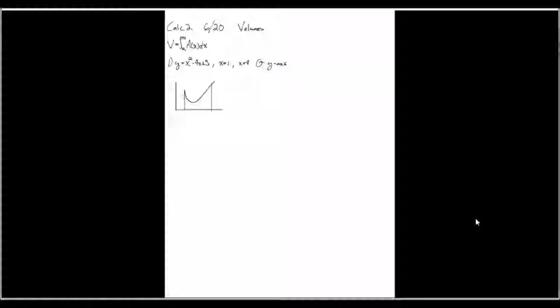And what we want to do is find this shape rotated around the x-axis. I'm sorry. So up here I wrote the y-axis, but it's actually going to be the x-axis. So that means that the shape is being rotated around this axis. So it looks like a vase sideways,